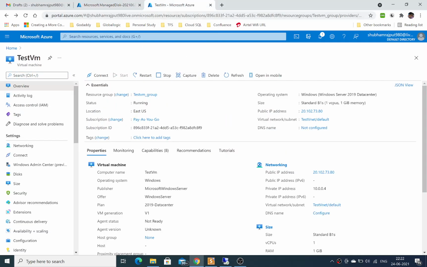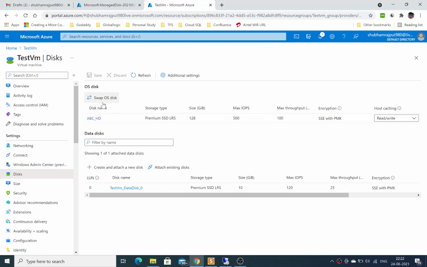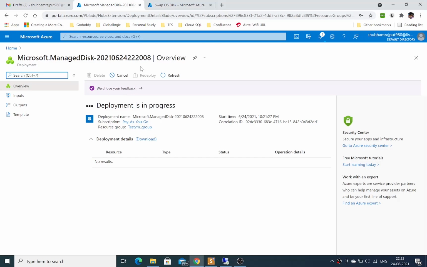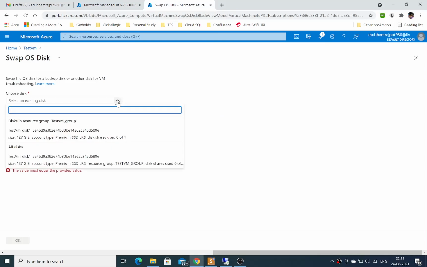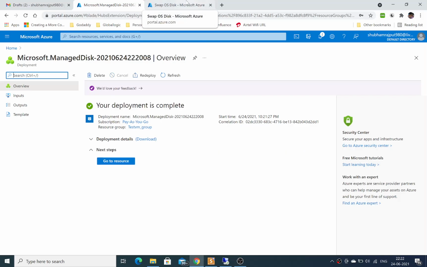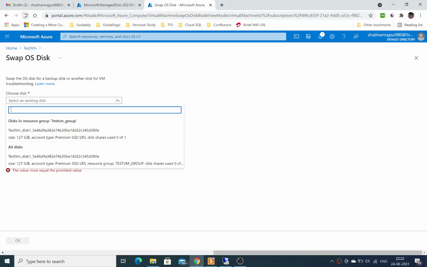Actually I have already opened this virtual machine, so you can see over here. Now come on to the disk section. Right now this is the one, so I'm just clicking over here. It will take some more time. As soon as it is created, it will come over here. It is showing me only one disk option in the test VM group. As soon as it completes, it will show me another hard drive option. Yeah, it is completed now. So if I check it right now, okay, I have to refresh it.